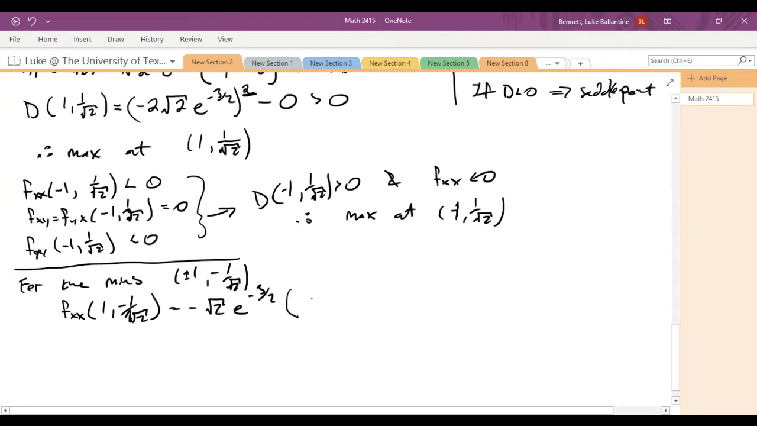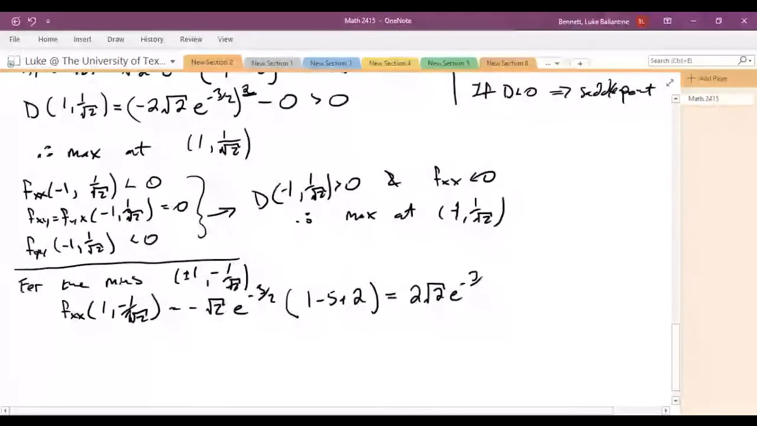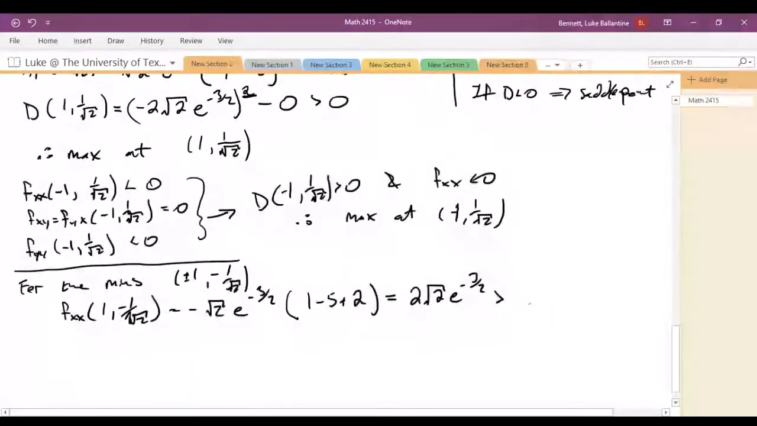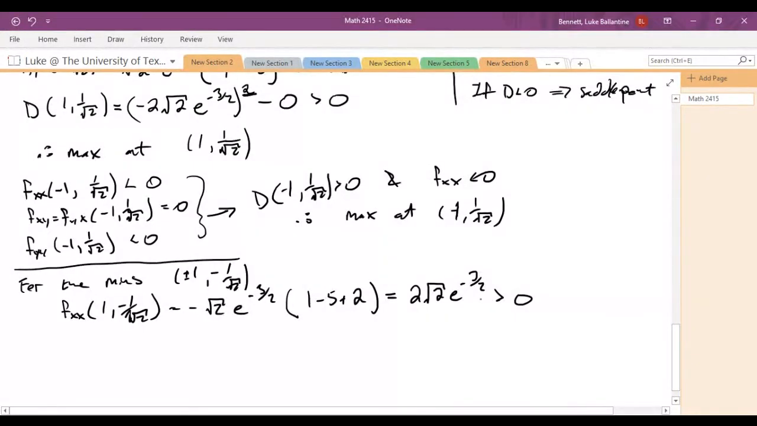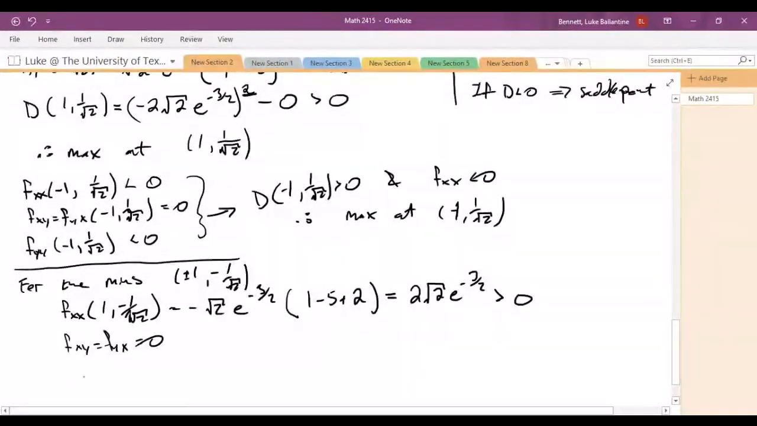Times 1 minus 5 plus 2. Again, this is going to be 2 square roots of 2 e to the negative 3 over 2. This time it's positive. And then fxy equals fyx equals 0. Fyy at 1, negative 1 over square root of 2 is equal to,